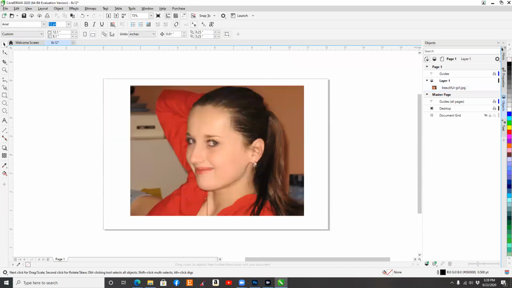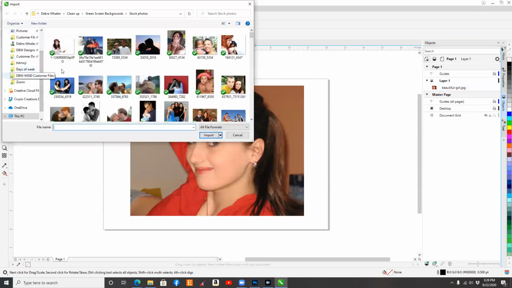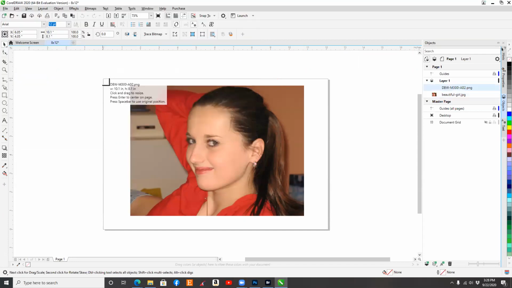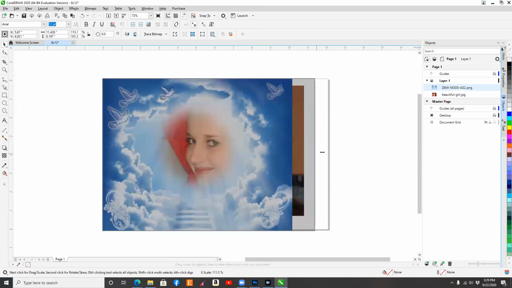Okay, so that's my photograph, and then I'm going to import the design that I want to use. Now, here's another thing. Let's say I'm working on an 8x12 tile, and this particular design, I didn't provide you with an 8x12 design. I gave you an 8x10. If you want to grab it and drag it